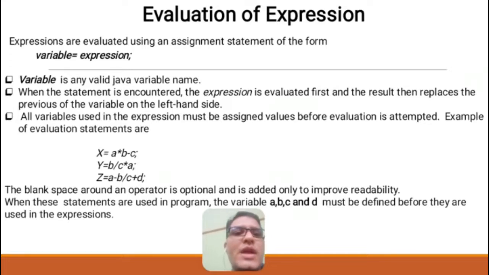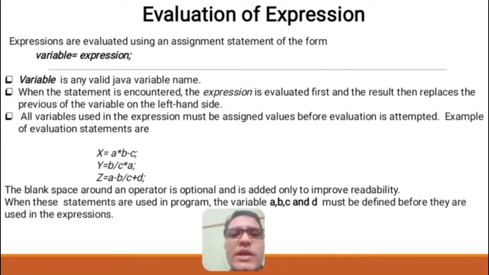Variable is any valid name. After that we are providing expression, which is a valid Java executable statement. In that expression, the expression may be executed either left to right or right to left based on the precedence of an operator. The execution of left to right and right to left is called associativity.